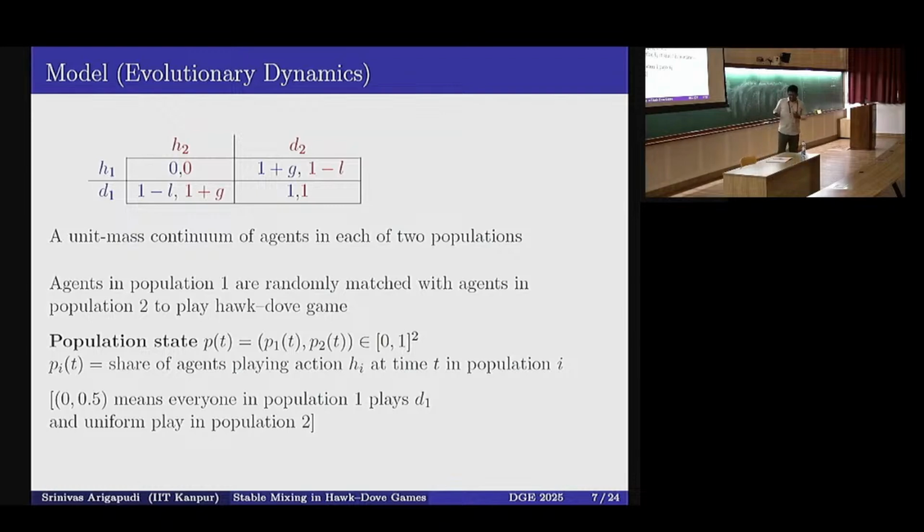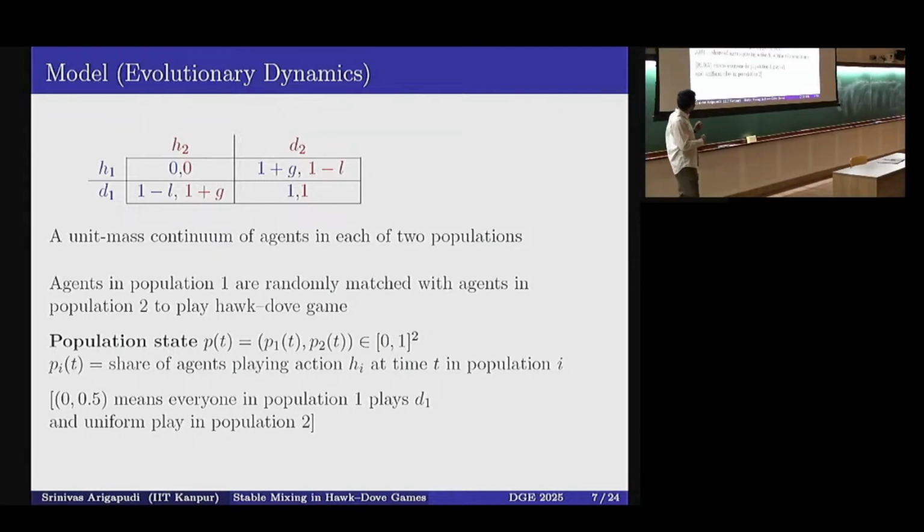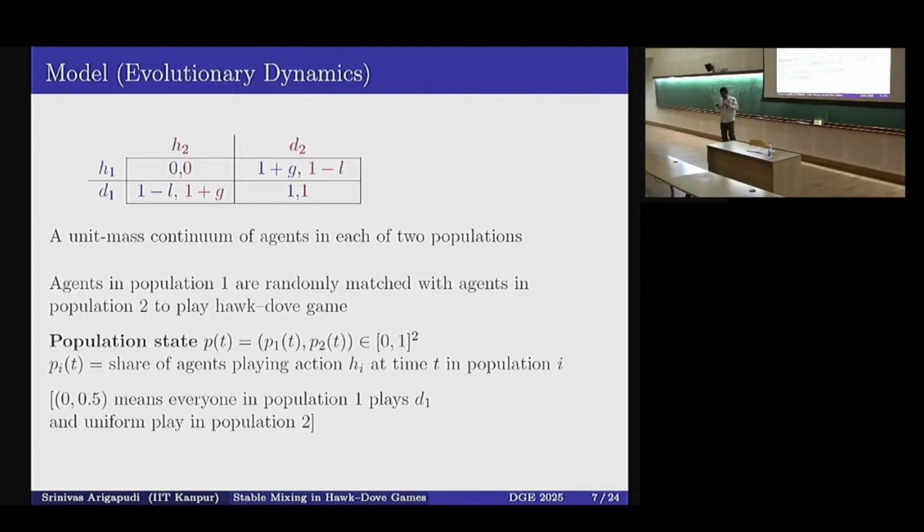Now, when we consider a two population model, in order to write down the population state, you will need two numbers. If you have a population under the one population dynamics, you only need one number. But here, you'll be needing two numbers. So pictorially, if you're studying the one population dynamics, the dynamics are going to be on a line. If you are studying a two population dynamics model, the population state would be lying on a square.